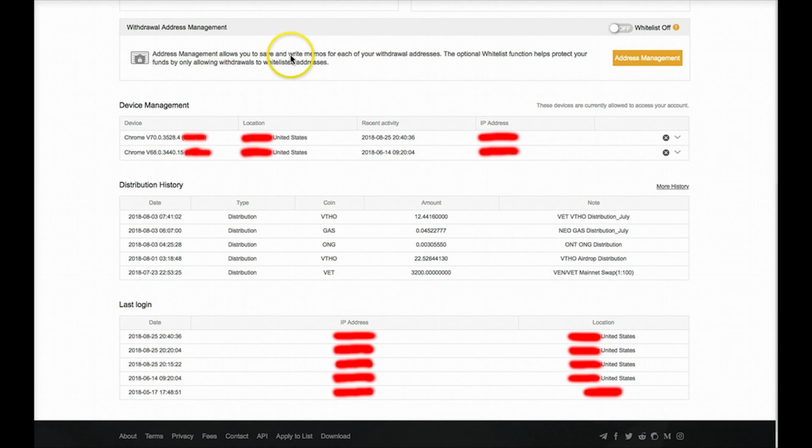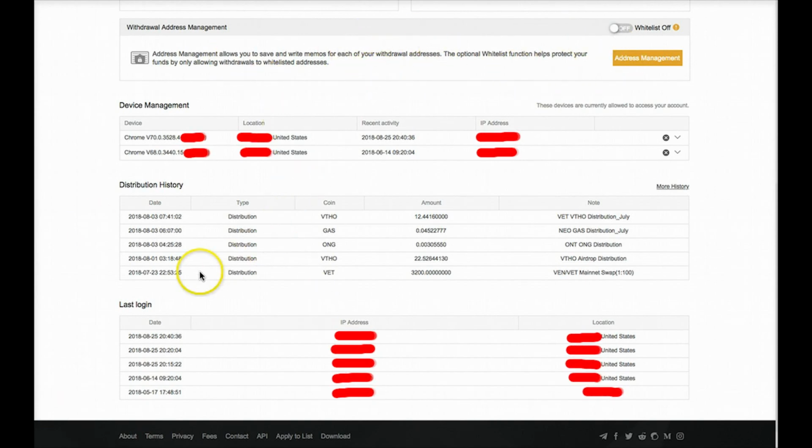Underneath this, you have an option to further protect your account by adding a whitelist of wallet addresses that can be withdrawn to. This way, if your account were to ever get hacked, the hacker would only ever be able to withdraw your funds to your wallet for you. Pretty funny and a great idea, actually. Looks like I should go about setting it up sooner than later. This is actually a newer and quite clever security feature.